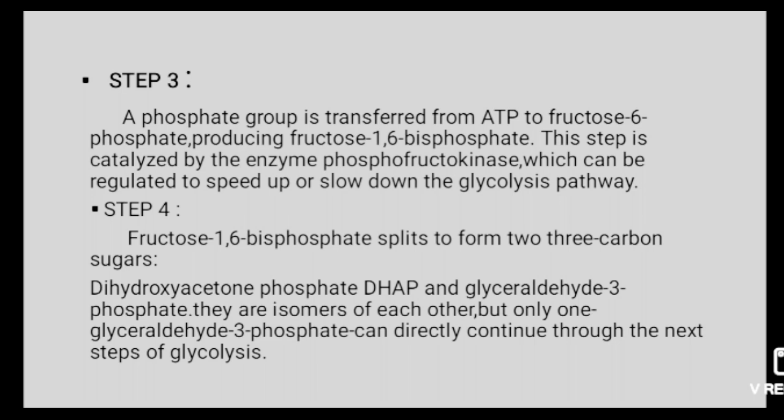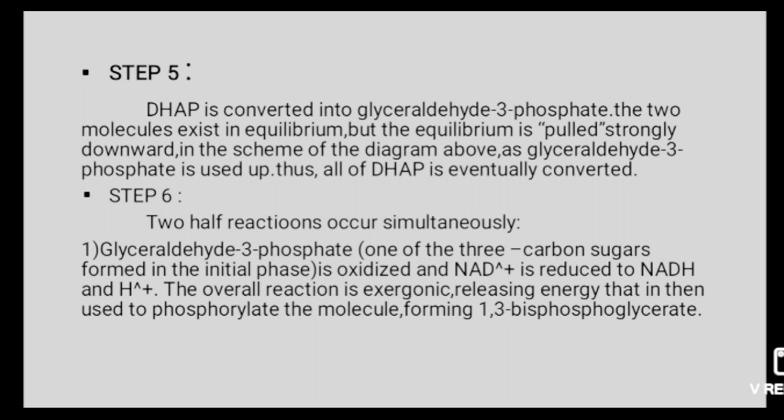They are isomers of each other, but only glyceraldehyde 3-phosphate can directly continue through the next steps of glycolysis, so DHAP is converted into glyceraldehyde 3-phosphate. The two molecules exist in equilibrium, but the equilibrium is pulled strongly downwards. The schematic diagram shows glyceraldehyde 3-phosphate being used up. In the sixth step of the reaction, two half reactions occur simultaneously, that is glyceraldehyde 3-phosphate is oxidized and